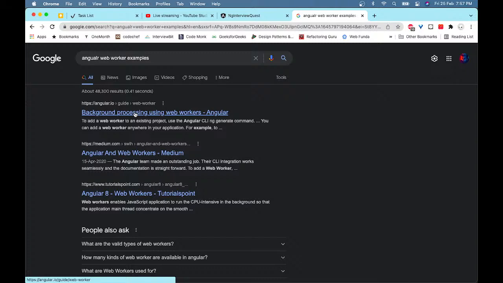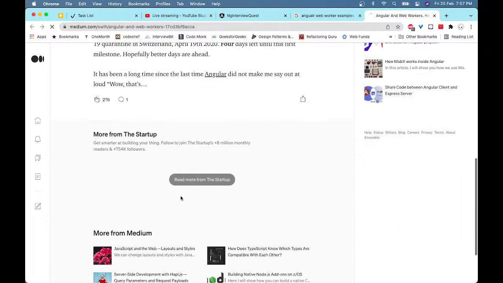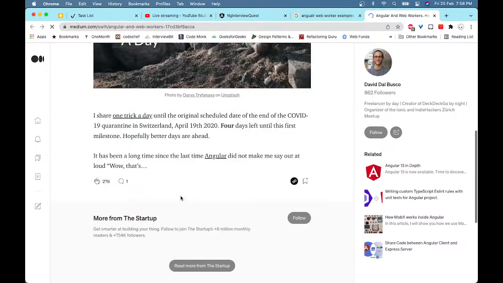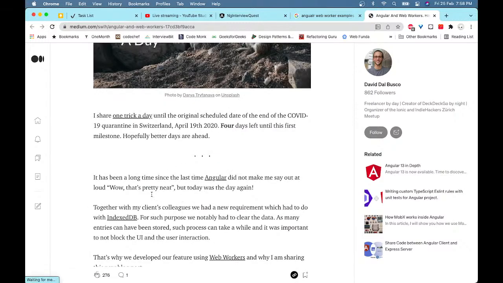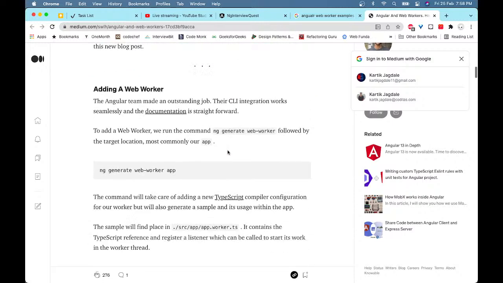So what kind of background processing might Angular need? Web worker. He says we had new requirements. In the HTTP access papers we notably had to clear the data, as many entries can have been stored. Such processes can take a while and it's important to not block the UI and the user interaction. The earlier DB or the local storage clearing, everything can be done using